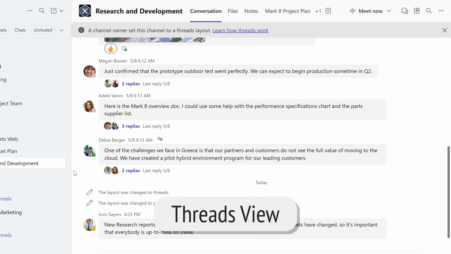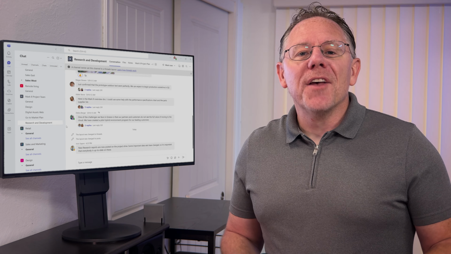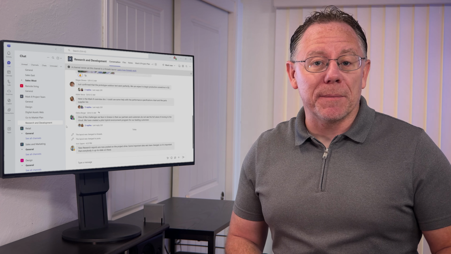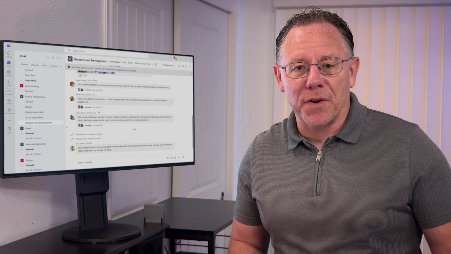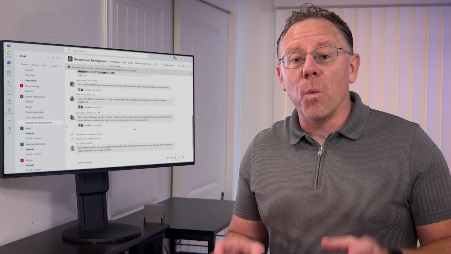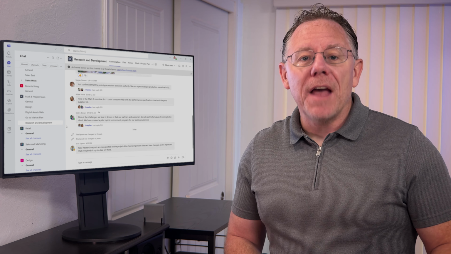If this layout looks familiar, it's probably because it makes your team channels look and work similarly to a private chat conversation. Some people will have this feature available in Teams right now, and it will be coming soon for the rest of us. So let's talk about why you might want the Threads view, then we'll see how you